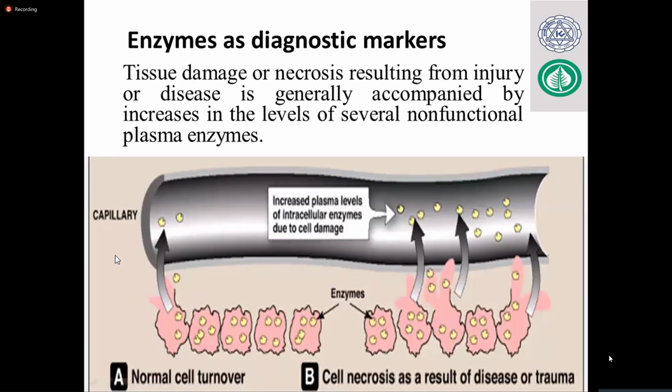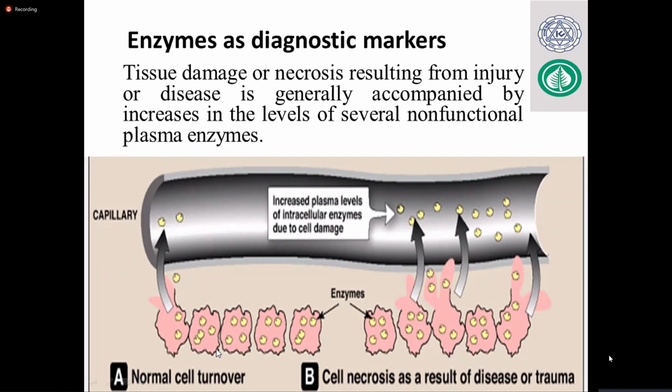Enzymes as a diagnostic marker. Yes, the major focus is on enzymes because most of the enzymes are proteins, and yes, we are talking about the enzymes more today. Tissue damage or necrosis resulting from injury or disease is generally accompanied by an increase in the level of several non-functional plasma enzymes. That means